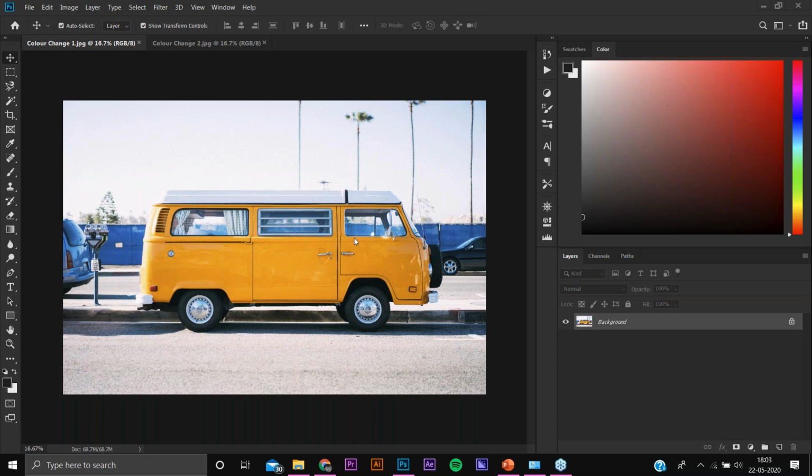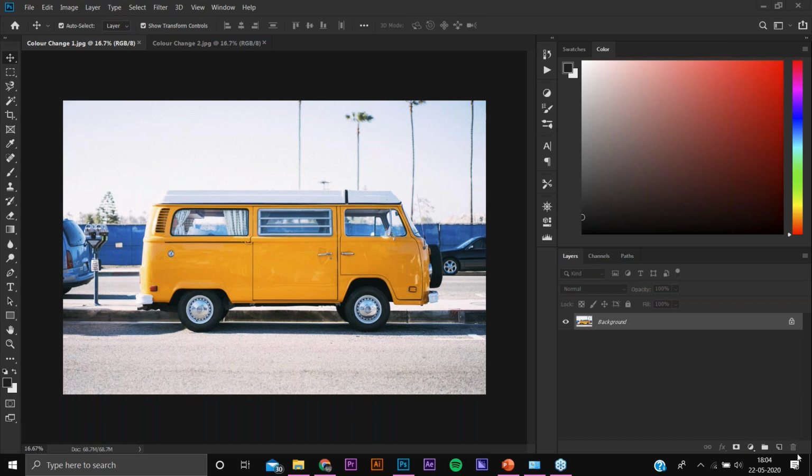So moving further, this is a basic car. In this we will be changing the color of this Volkswagen type small minibus. So first of all, we will be adding one thing which would be an adjustment layer.